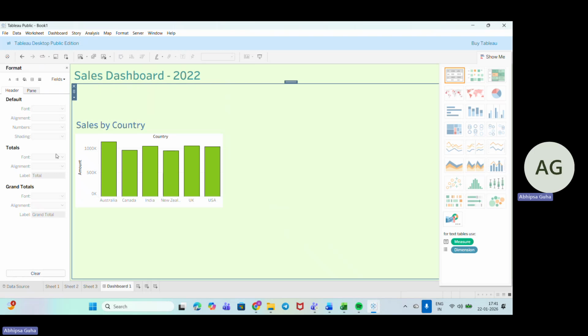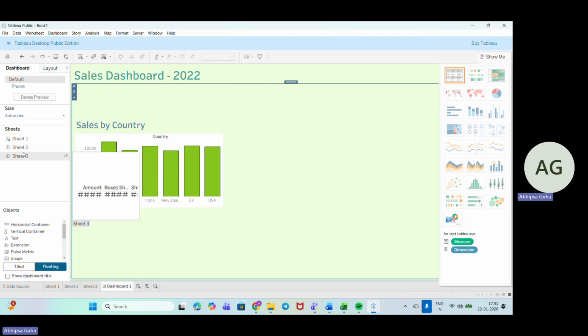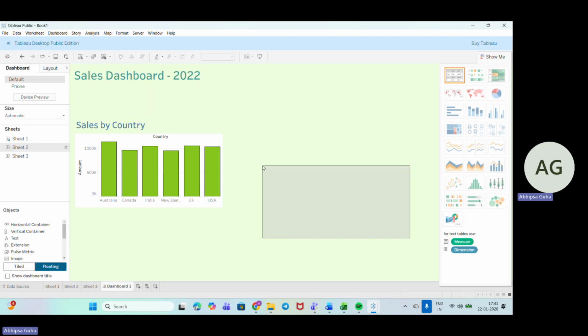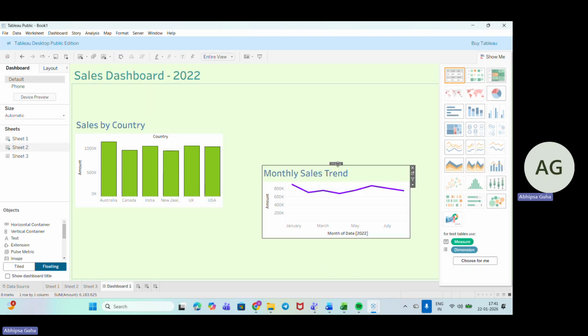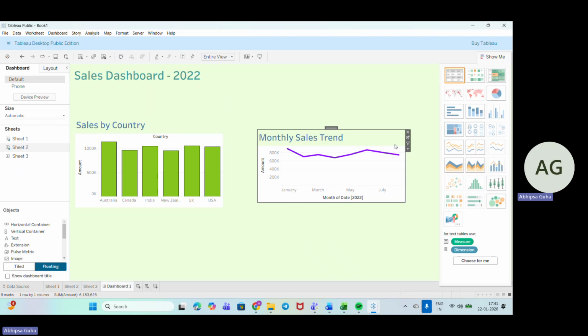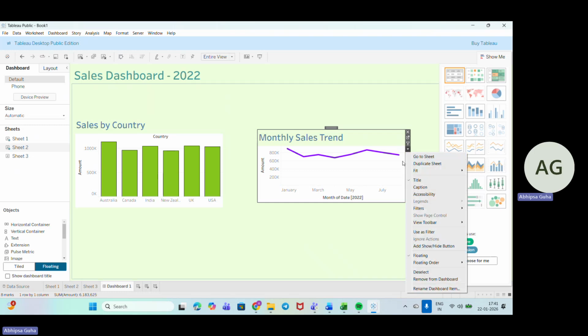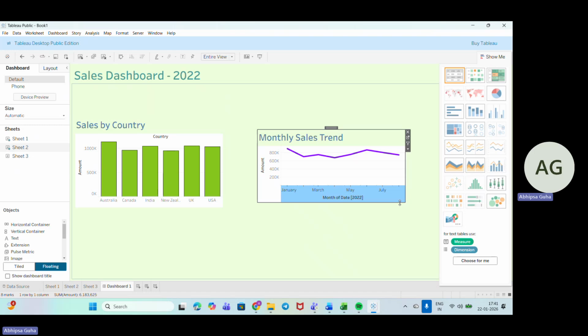Okay, again I will just cross this and add this one here. So again, I'll drag and drop it here. I'll place it here and go for fit, and it is entirely fitted. No issues with that.